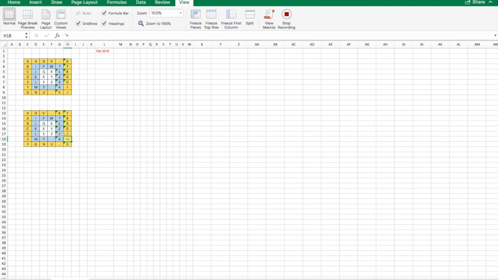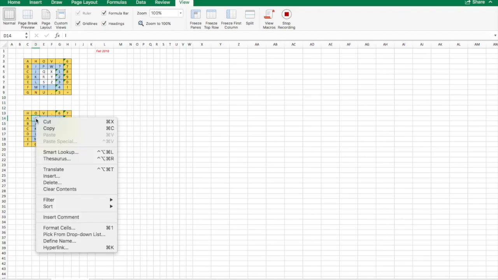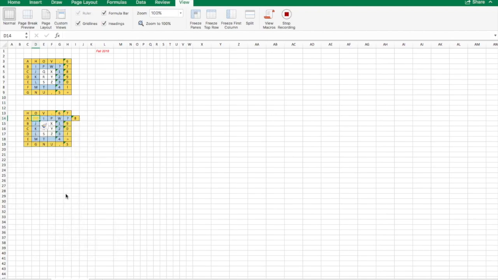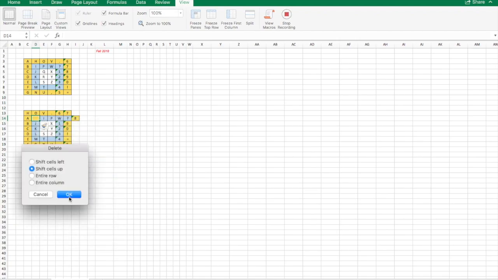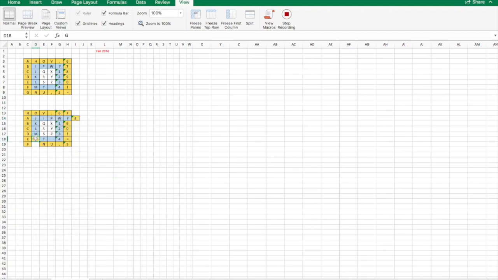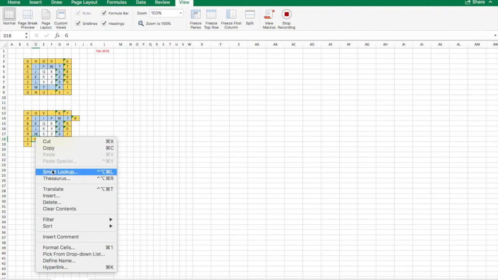So the next one is to move the blue cells clockwise in this direction. We'll begin by going to the I cell right here at the top, and move it right, so we would insert it, shift cells right, bring this column up, so we want to delete it up, and then bring this G down, so we would insert it down,